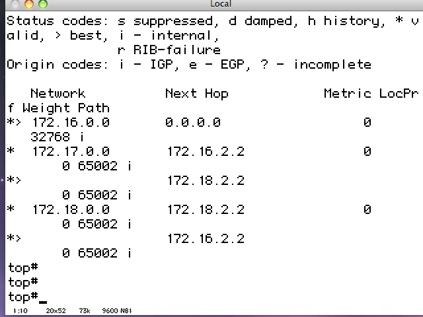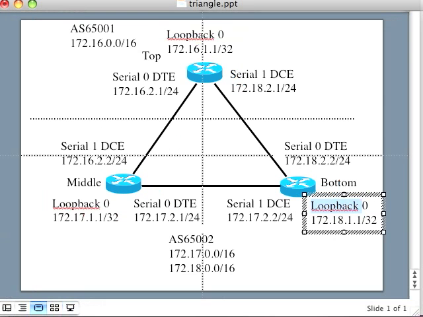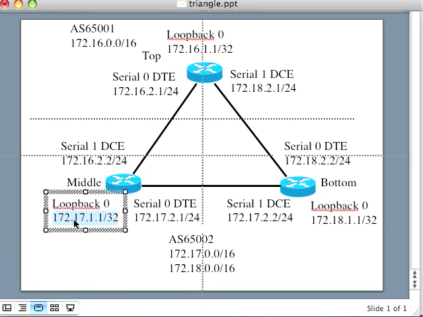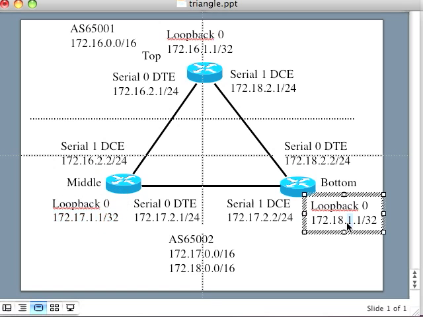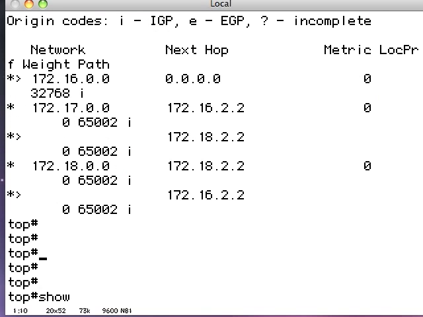One of the things I said earlier was that the reason I was preferring the middle router is because the neighbor IP address was lower. However, looking it up, it is actually the lower BGP router ID that's important. The middle router has a BGP router ID of its loopback, 172.17.1.1, which is lower than the bottom router, which has a BGP router ID of 172.18.1.1. So with all the filtering disabled, I would expect my routes to have the next hop of